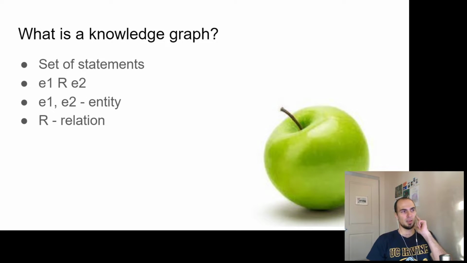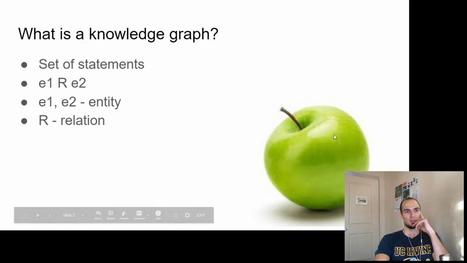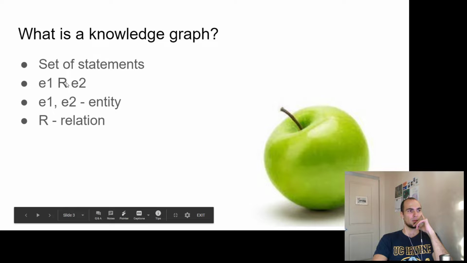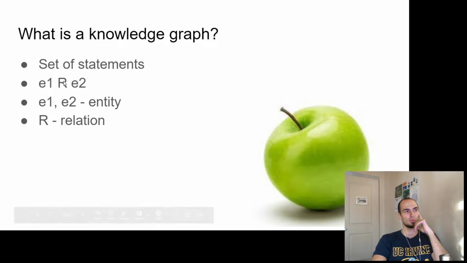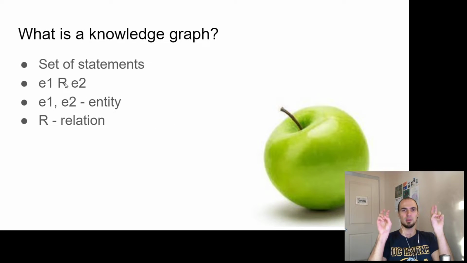So for example, if entity 1 is an apple, and if we're speaking about this particular apple, relation could have the interpretation of has property, and E2 could be green. So if we're saying that the apple is green, then E1 is apple, relation is has property, and E2 is green. Or relation could be has property, and E2 could be eatable or tasty. So all those things